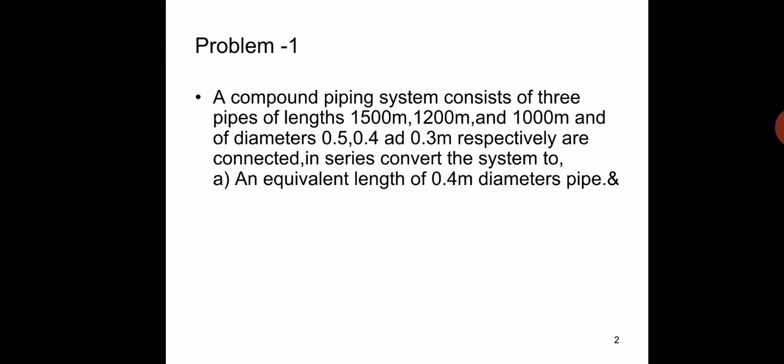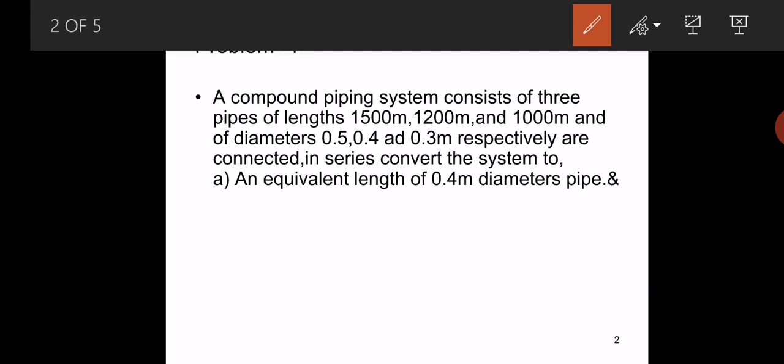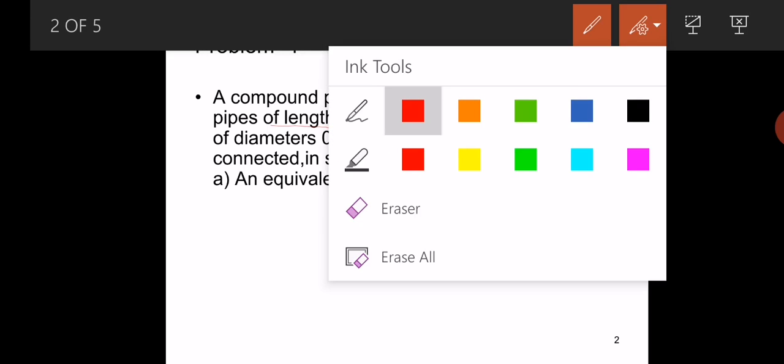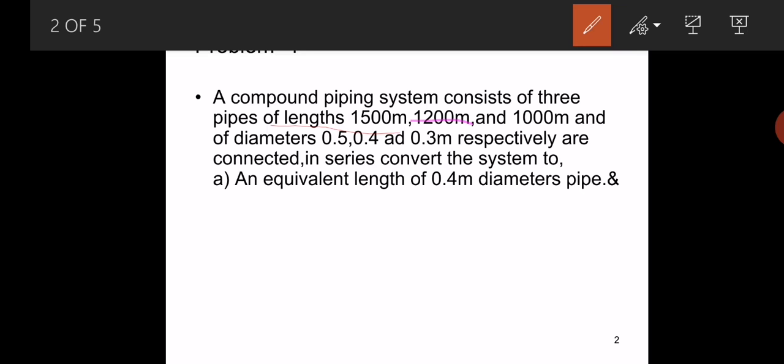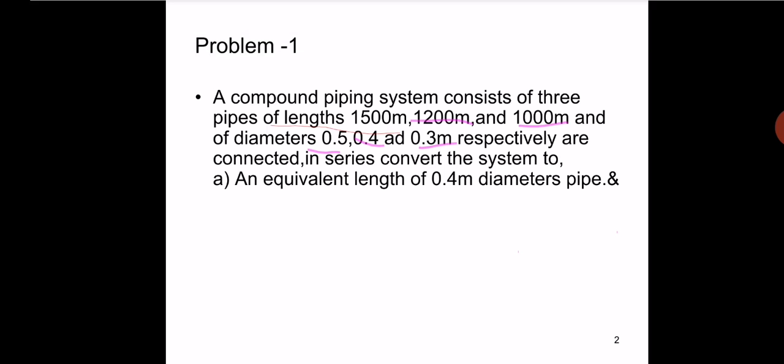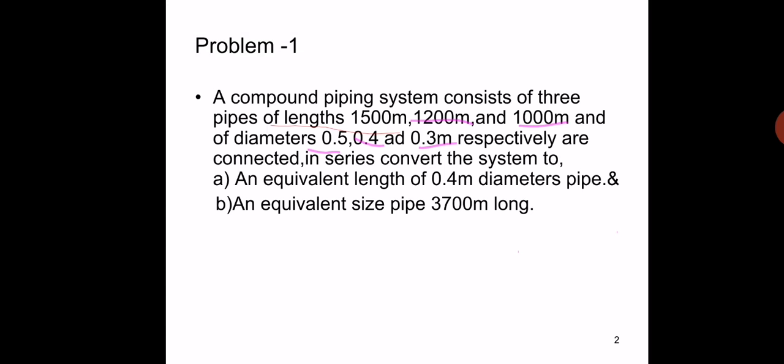Let's go for problem number 1. A compound piping system consists of three pipes of lengths 1500 meters, 1200 meters, 1000 meters and of diameters 0.5, 0.4, 0.3 meters respectively, connected in series. Convert the system to an equivalent length of 0.4 meters diameter pipe and an equivalent size pipe